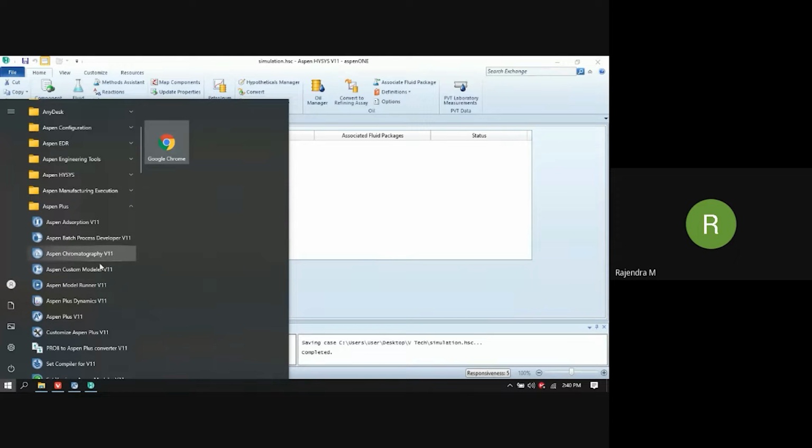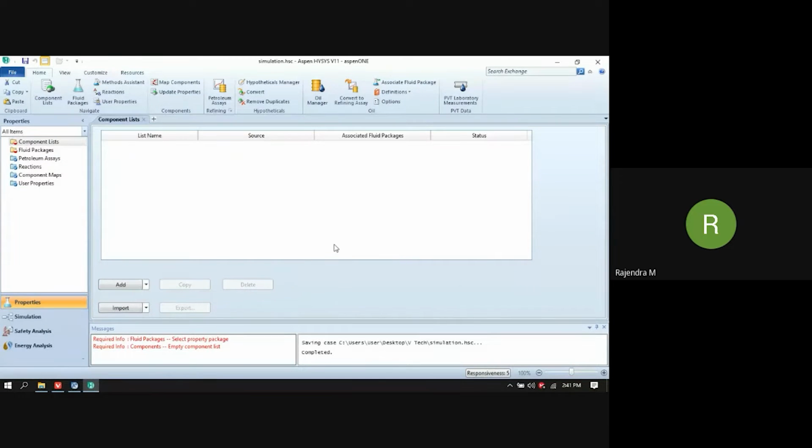so we will not cover all this because this is a very big software, and it contains a number of sub softwares. Okay, it's not just a process flow sheeting software. It's a huge software, and everything cannot be covered in just a single session. So we will focus more on Aspen HiSys and Aspen Plus. Okay, so here